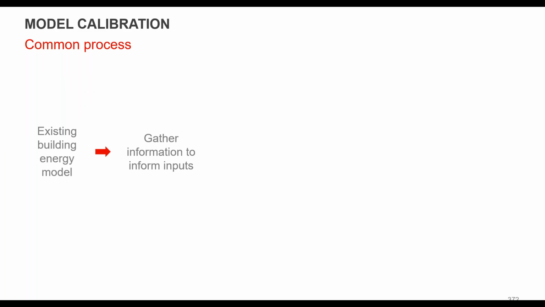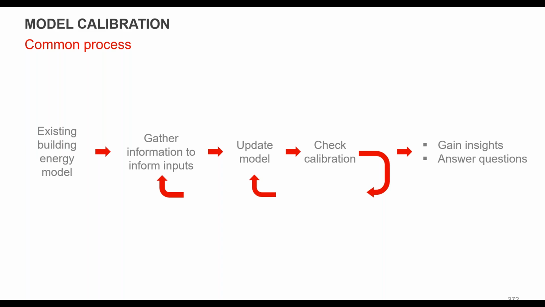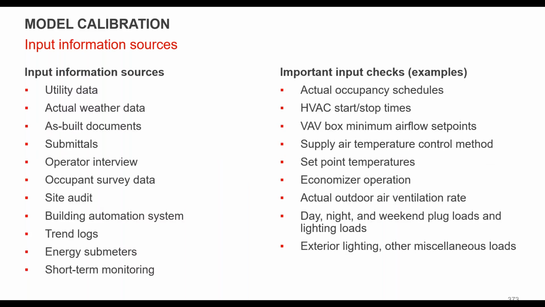So a common process, if you've worked on the building before, you'll have an existing building energy model. You'll be going to the site or collecting additional information. You're going to update the model, check the calibration, and repeat. Generally lots of repeats here, depending on how far off you were. And in some cases, you might not have an existing model, right? You might be building a new model for this building, so the front end of this might be a lot heavier. But really, you're trying to, again, see how the building's actually performing. And ultimately, you want to be able to answer questions about a future retrofit or some sort of operational problem.